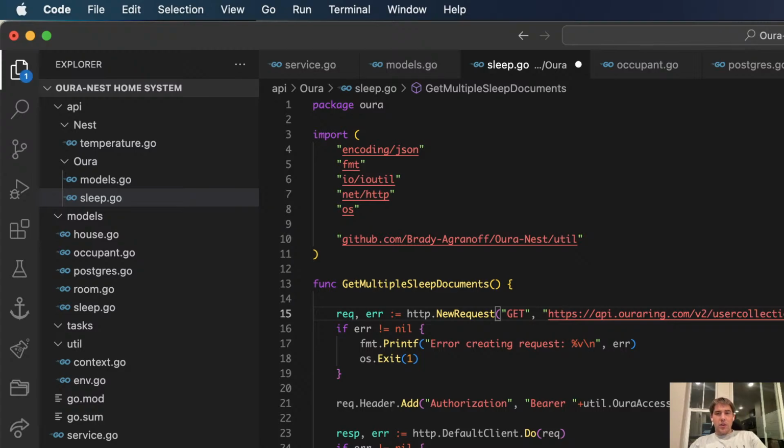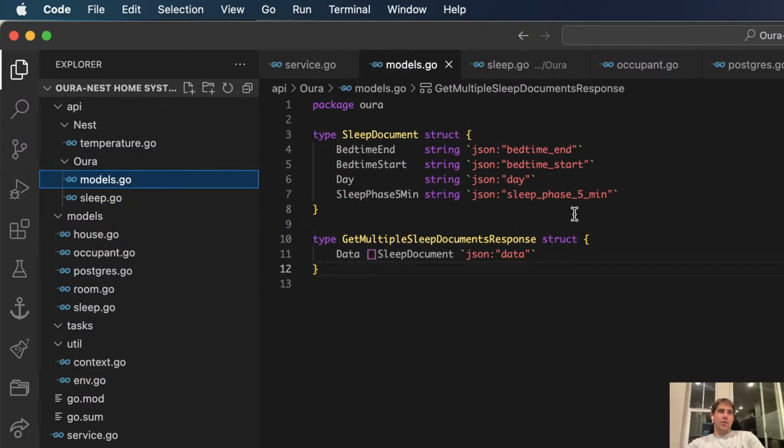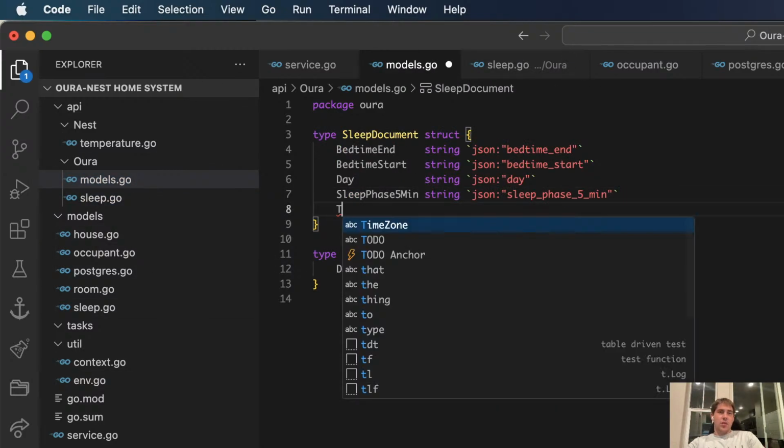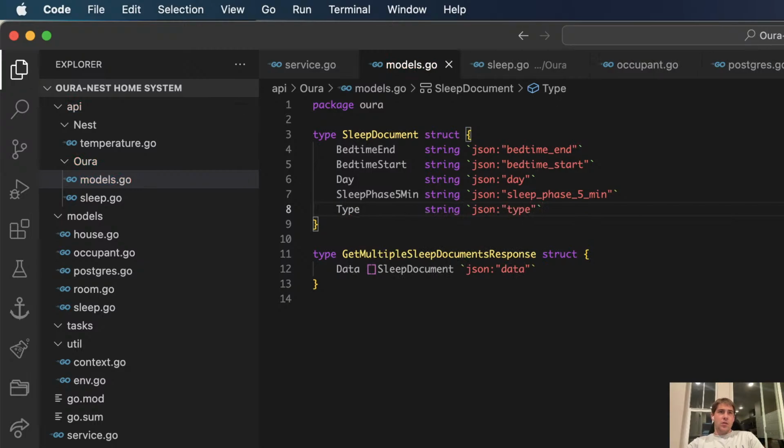That's not right. Because today, let's just do since the beginning of August, because today's the 14th. Oh, it's because there's naps and stuff too. I want to get type as well, because I think it might tell me if it's a nap.